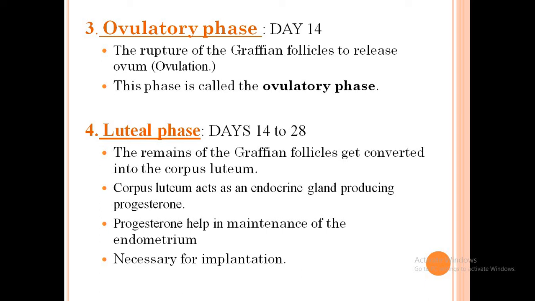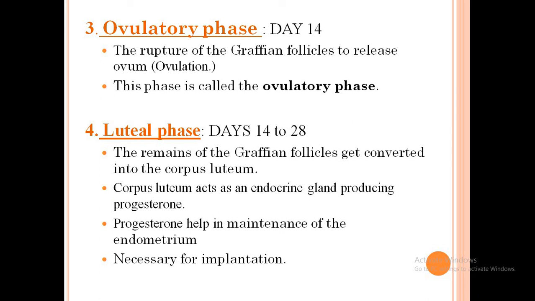Now, what happens during the luteal phase? The Graafian follicle converts into the corpus luteum, and the corpus luteum starts producing progesterone. I told you before also, progesterone helps in the maintenance of the endometrium. The endometrium is important, children. Progesterone is important because it is called the pregnancy hormone. Why is it called the pregnancy hormone? Because the first 3 months of pregnancy is controlled by the progesterone. The uterine glands, children, become corkscrew shaped, they produce nutritional fluid, and I told you that is why this stage is also called the secretory phase.